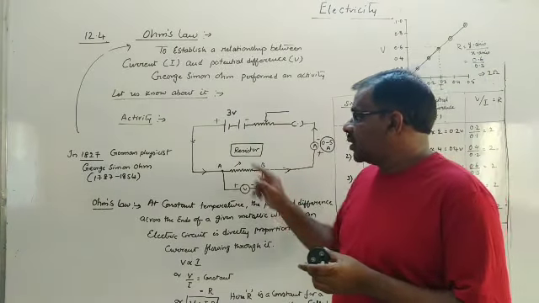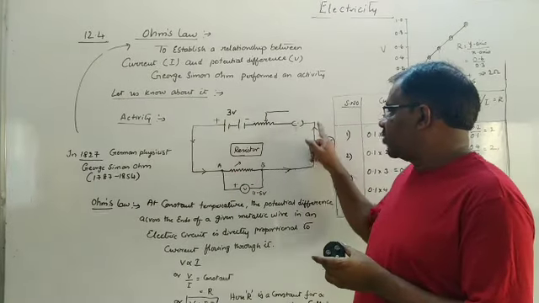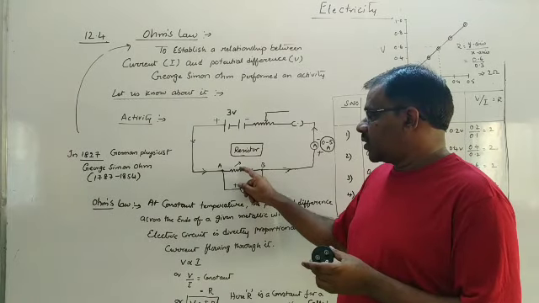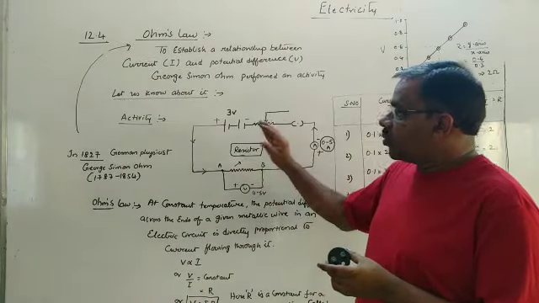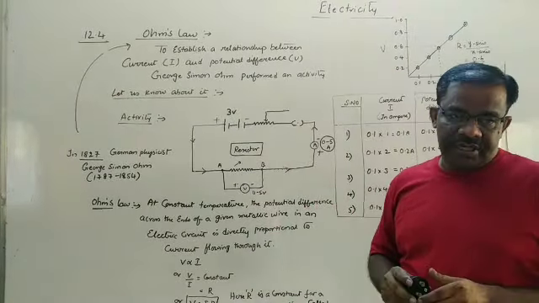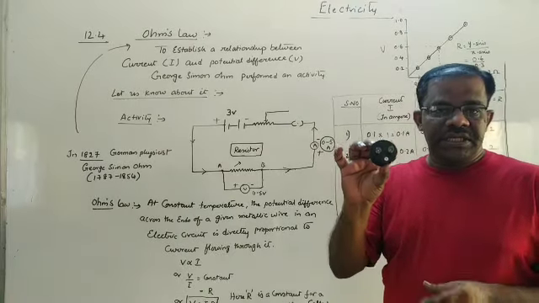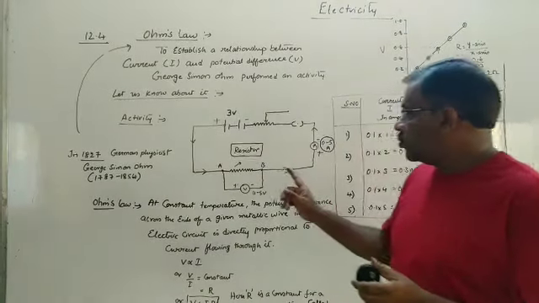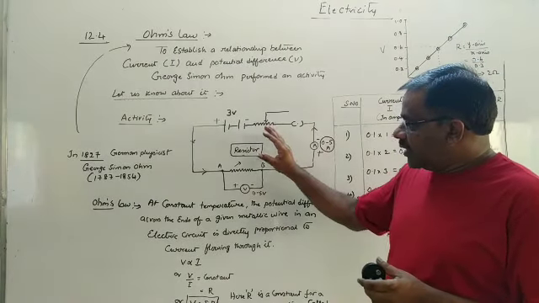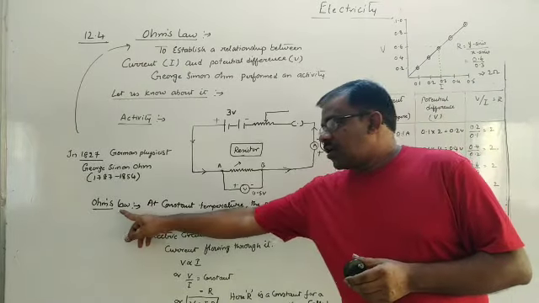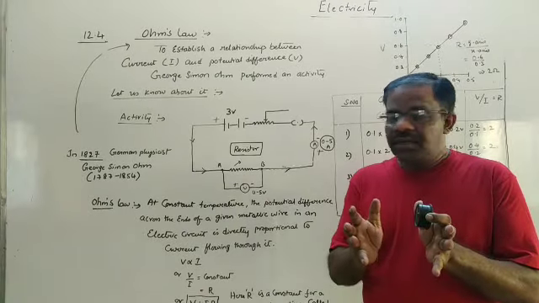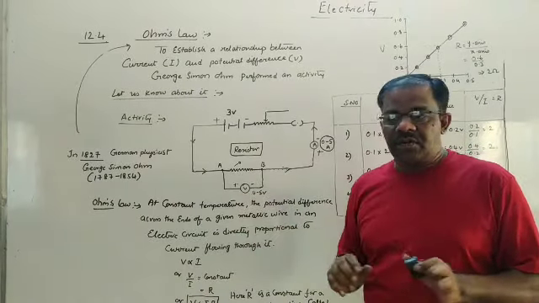He connected all these in series and then connected a voltmeter to find out the voltage across this resistor. Using this particular activity, we try to find out 2 important things. 1, to find out the resistance offered by this unknown resistor. 2, to establish a relation between V and I. After he did this activity, he gave the law called Ohm's law. The activity will be explained by me practically later. First let me explain Ohm's law.